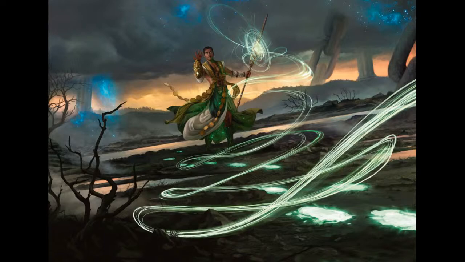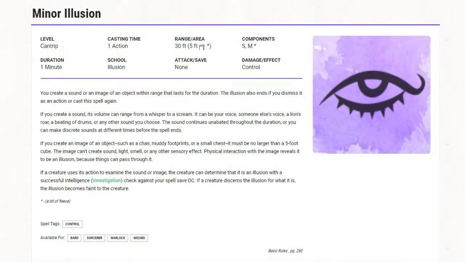So the first on my list is Minor Illusion, because it creates a simple sound or image that allows you to basically live up to your fantasy of being a deceptive Loki. It has a wide range of options, and I would recommend checking out Trent Monk's guide on how to use Minor Illusion if you don't believe me. I have also talked about Minor Illusion in another video that I did on the best cantrips in Dungeons & Dragons 5e, where I do talk about those issues if you want to know.